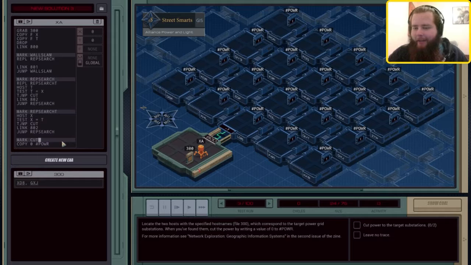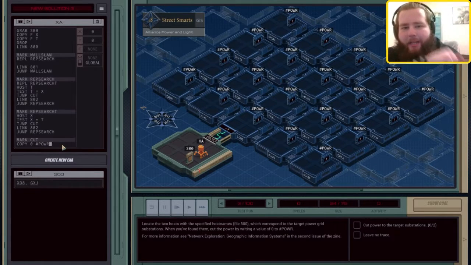Oh my god. Okay, how do we handle cut? Because if we copy 0 to power, it's going to immediately kill whatever's in there. Because this is going to skip over and not advance when it finds the thing, and if it's right next to it, we're going to have a problem. So, maybe...